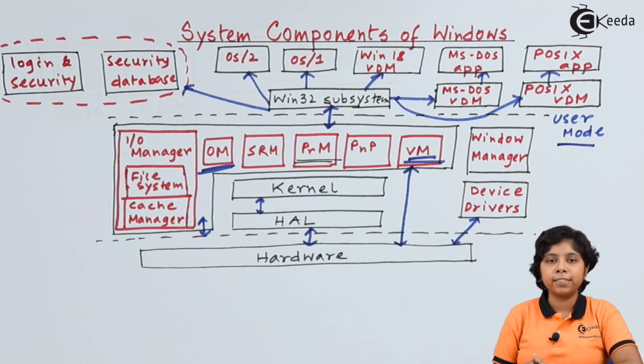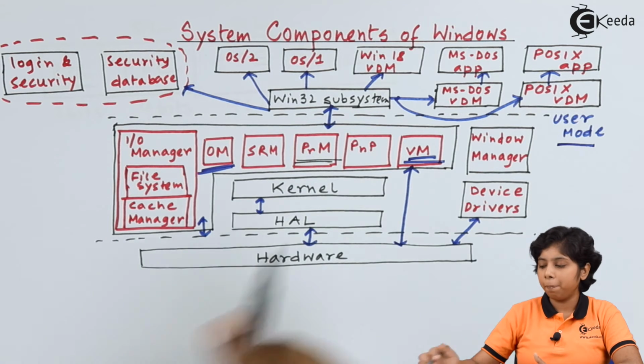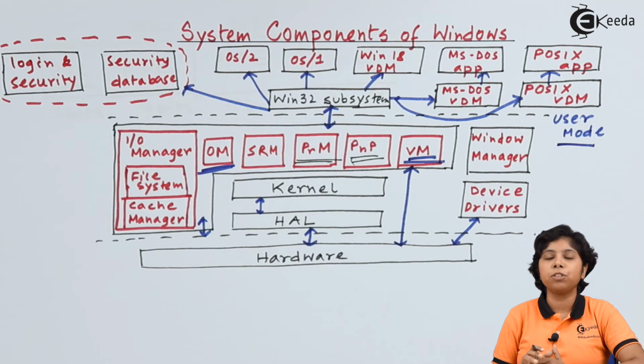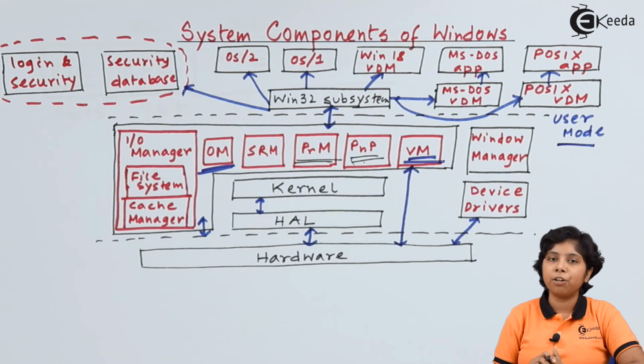The next type of executive component that will be used is the PnP, or plug and play manager. This plug and play manager takes care of the hardware changes that are made when peripheral devices get attached. So after a peripheral device is attached to the operating system or the machine, the operating system must be capable of handling the changes in the device drivers made by these peripheral devices and act accordingly to that particular device driver's requirements. So the plug and play manager takes care of it and defines all the device driver instructions